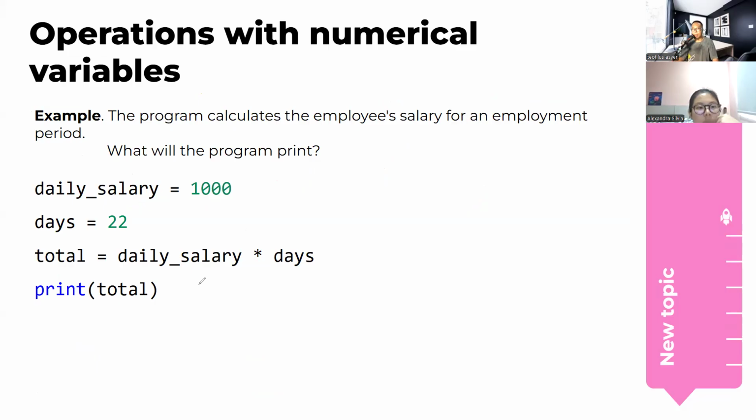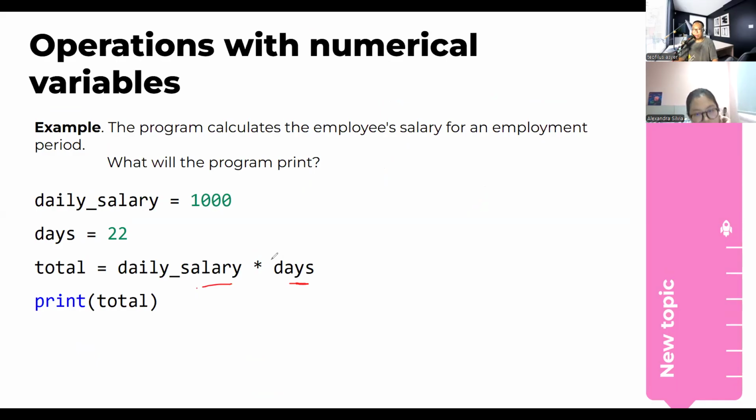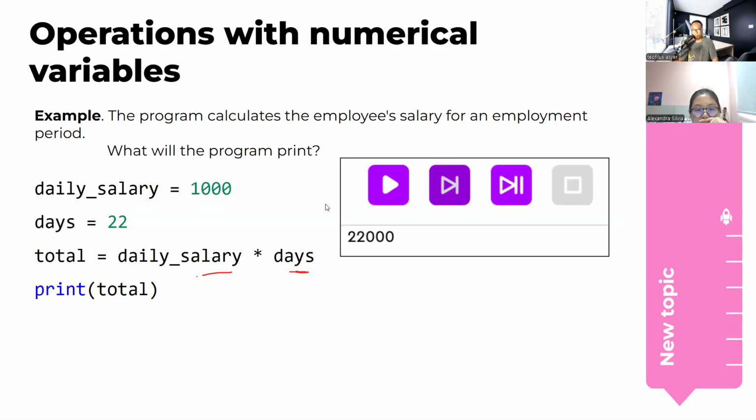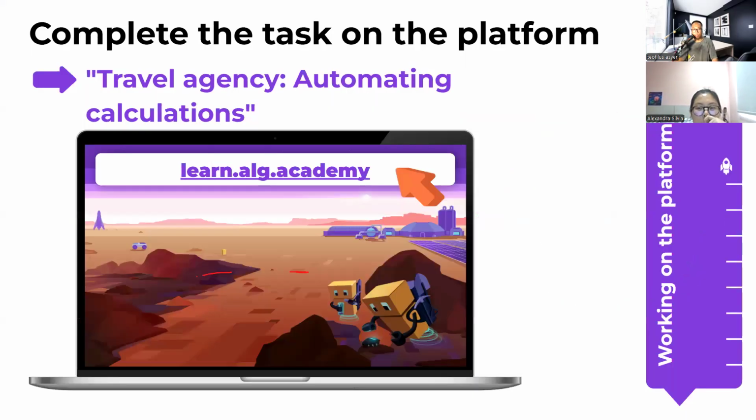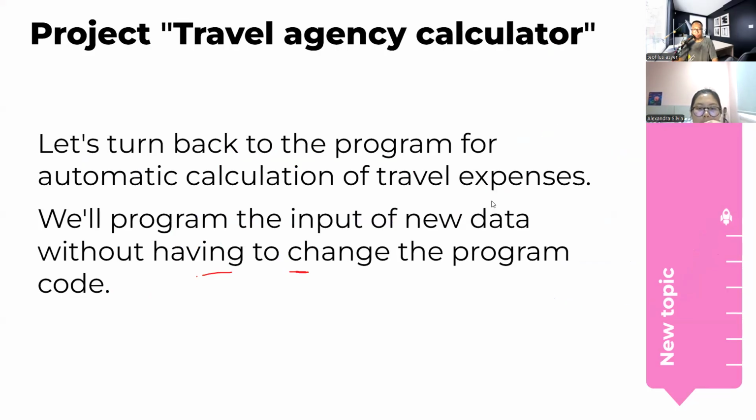So you can actually do some math calculation with the variable also. Just mention the name and do some simple math equation. The same thing goes with the numbers, you have the same result. And then, yep, let's go to the next one.